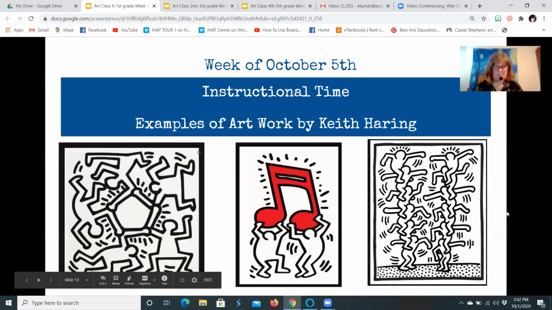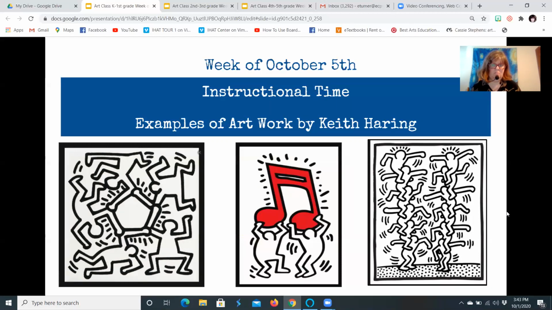Now, here are some examples of his artwork. Okay, some are in black and white. And I'm showing you this because some of you might not have any crayons or markers or anything that you can color. I hope that you do. But if you have a marker or an ink pen, or if you use a heavy pencil, you can use that. But one thing you notice right away about the people in his drawings is that they don't have faces, right? They're kind of like stick people, a little bit thicker, and I'm going to show you how to draw